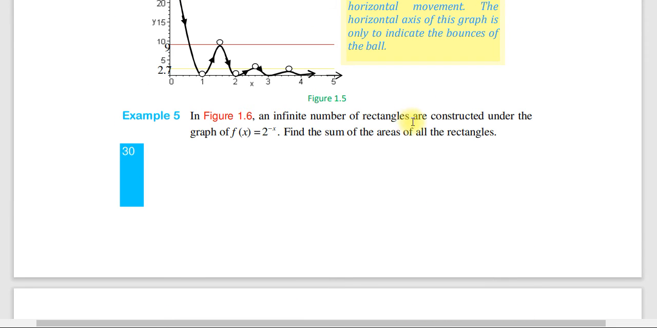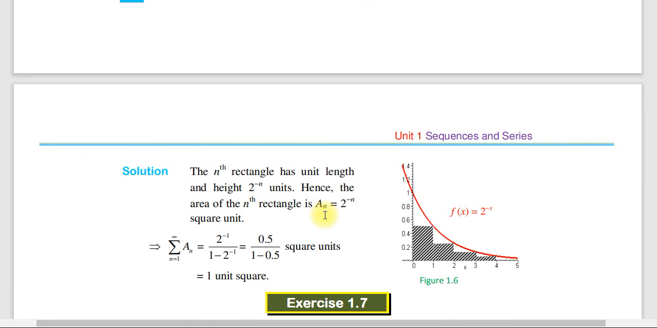An infinite number of rectangles are constructed under the graph of f(x) equals e to the power of minus x. Find the sum of the areas of all rectangles. So then a rectangle has a unit length and a height of e to the power of minus n units. Hence the area of the nth rectangle is a_n equals e to the power of minus n